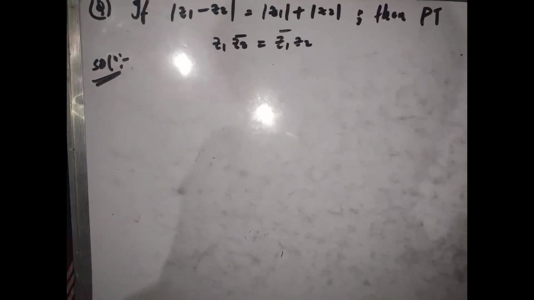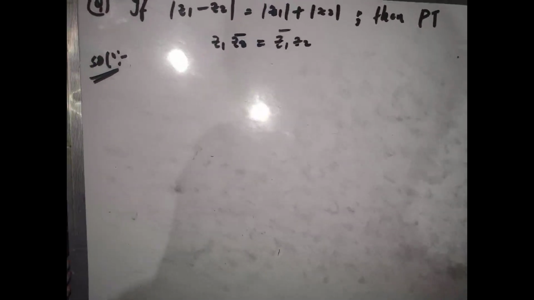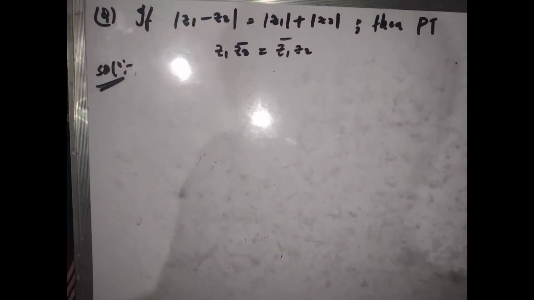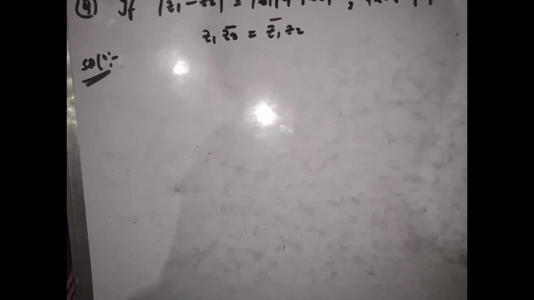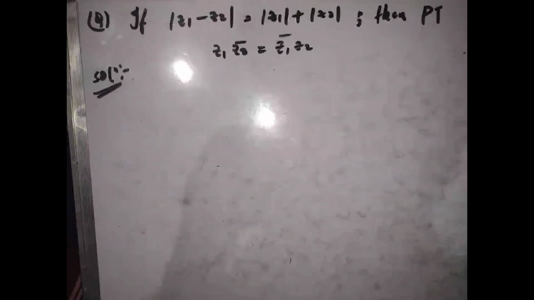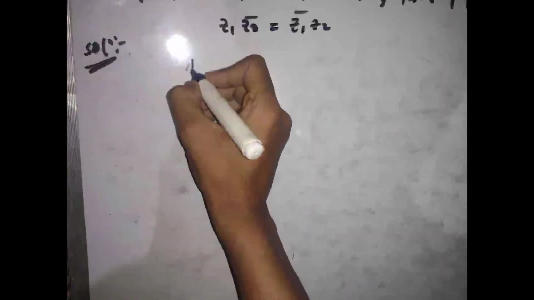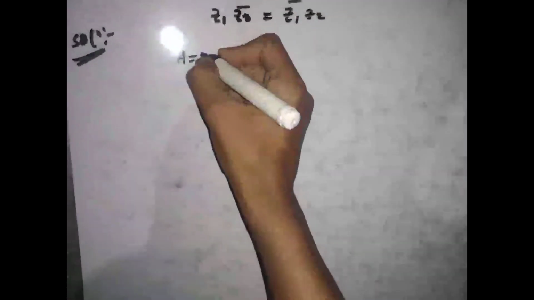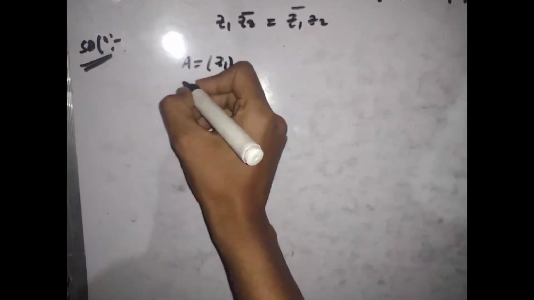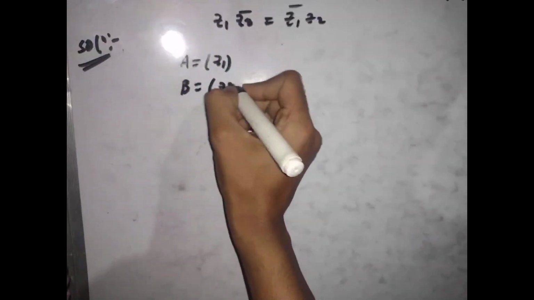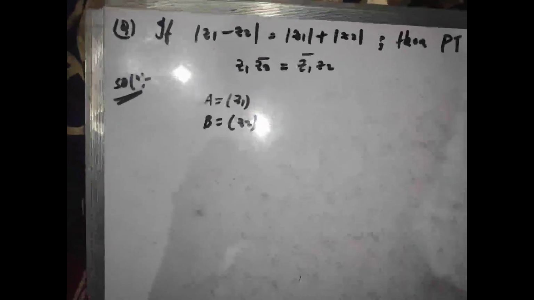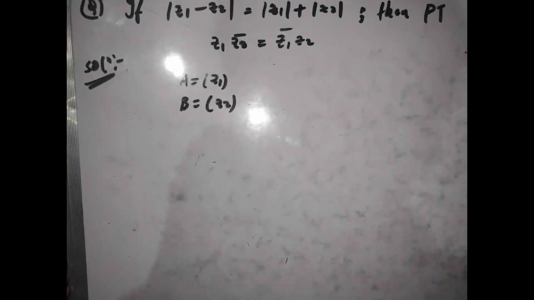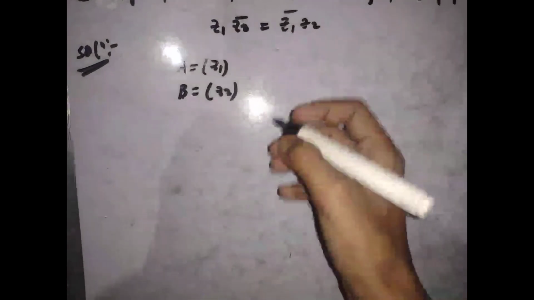Okay, so we can prove it. But first we have to analyze what geometrical meaning it carries. Okay, so let's solve it. Let's call z1 point A and z2 point B. Okay, we can call it that very easily, just for the sake of naming it. Then